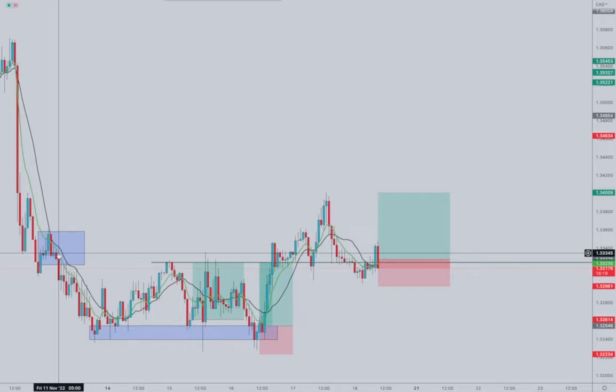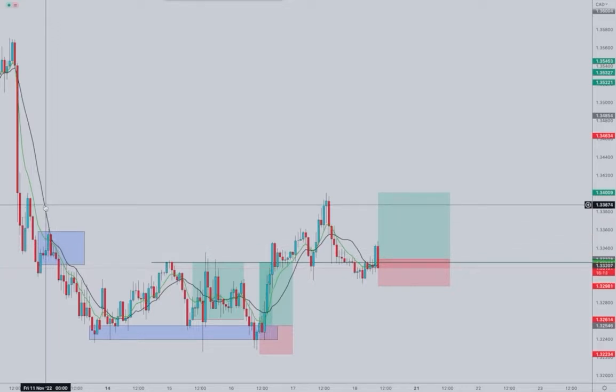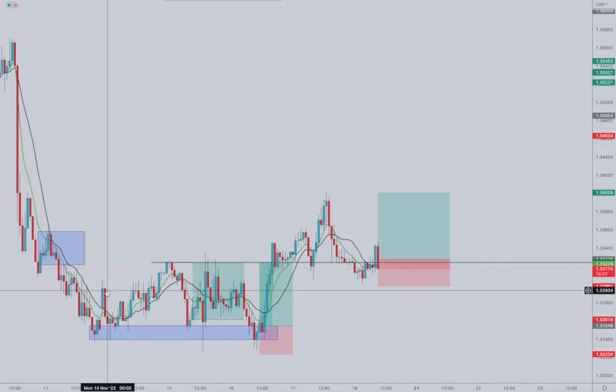I wasn't taking any trades around this area. I don't want to jump into a falling cliff. So once we broke above the EMA, I was a bit confident that the price had changed the momentum.